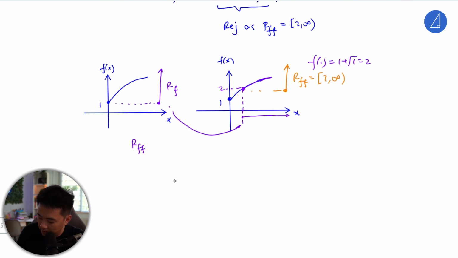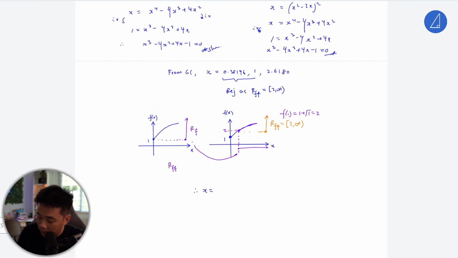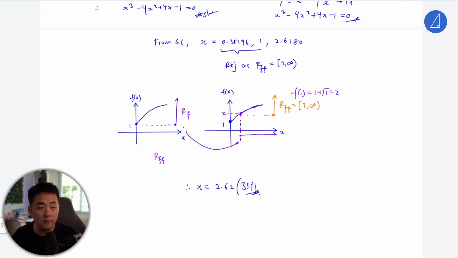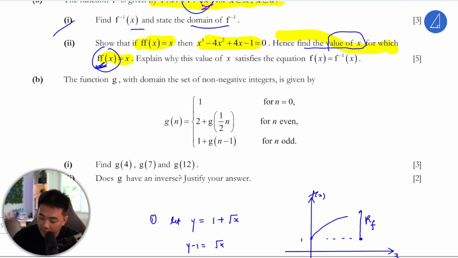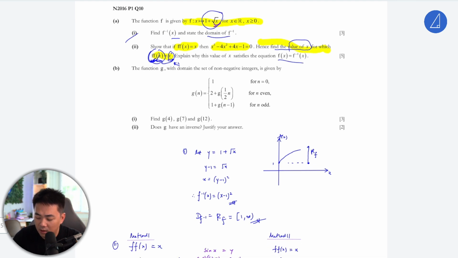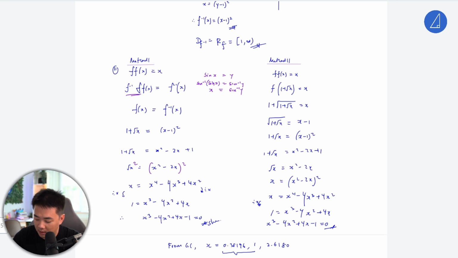So hence, x is equal to 2.62. Okay, yeah, because f(x) equals x, this is a range. This should be a subset of the range of ff. Okay, so explain why this value of x satisfies this equation. I think this is pretty clear, I show it in this method here. So since